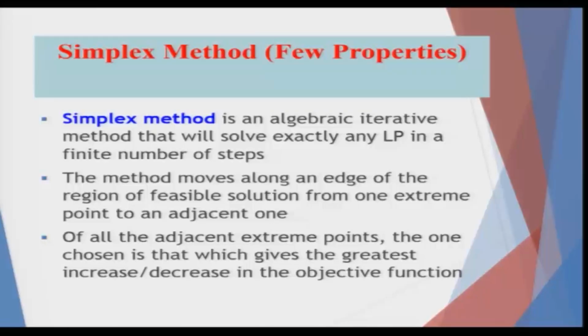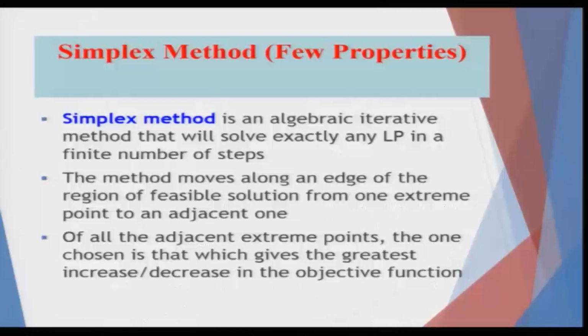The method moves along an edge of the feasible region. So, this is what I am saying. If you are at a corner point, if you remember the first diagram of the problem which I solved, I did not solve it to give you the exact solution methodology and the final answer, but I said that if you start at D, the origin, you will take a direction of move depending on whether it is maxima or minima, and try to find the rate of change of the function happening at the highest rate or the minimum rate, depending on whether the objective function is maximization or minimization.